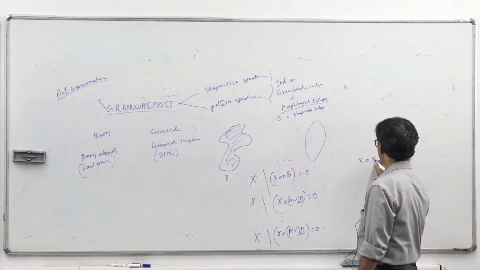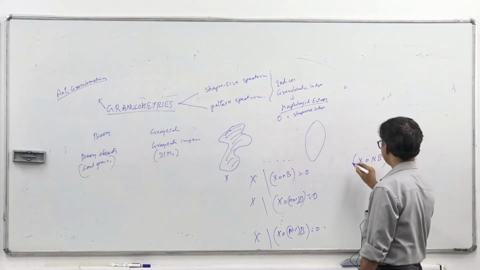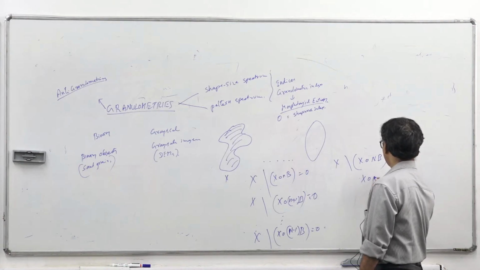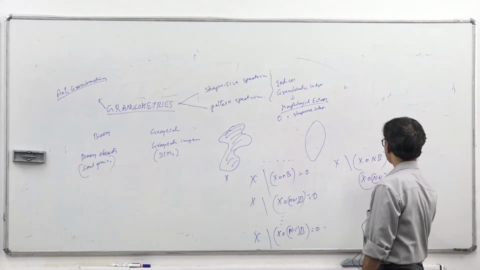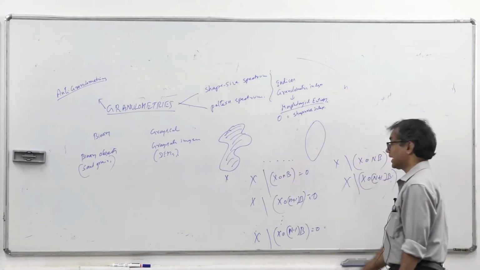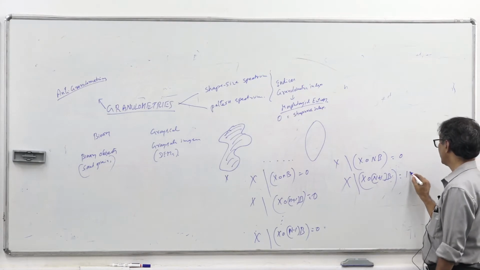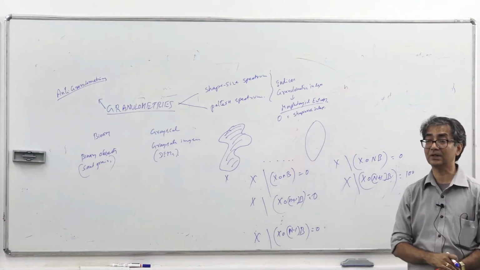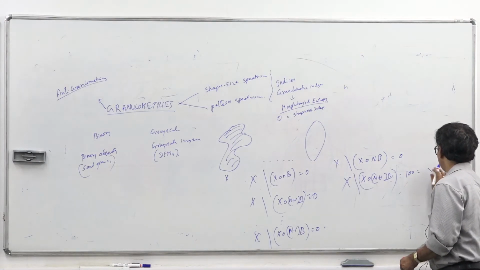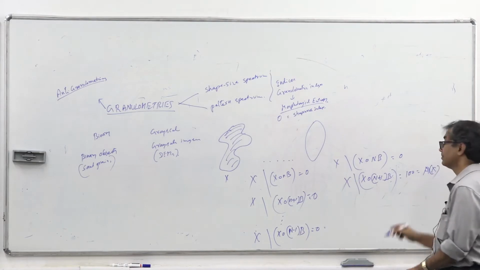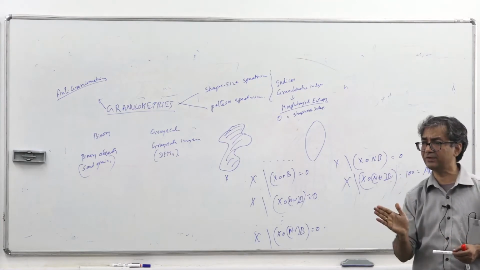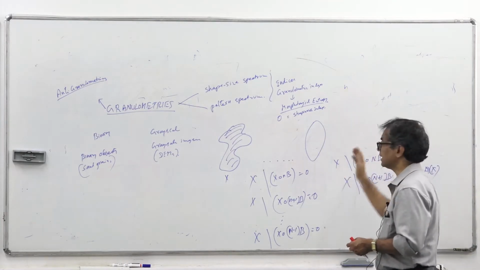At X opened by n size B, still 0. But X opened by n plus 1 size B has completely vanished the object. And then you subtract this from this, you get a huge value, let us say some 100 pixels we got. So this 100 is also equivalent to the area of X. The whole object is lost at the critical state, that is the last level, but you didn't lose any information here.